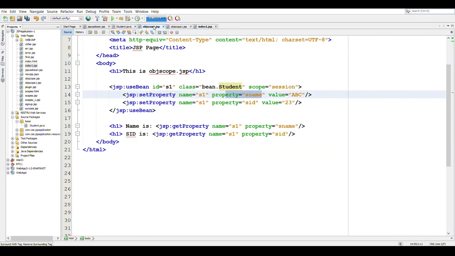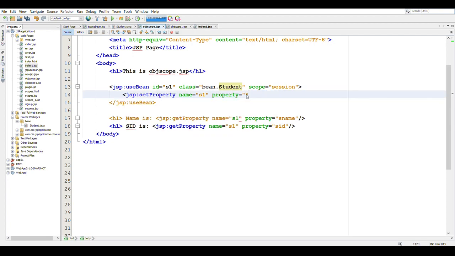Now in objectscope.jsp, instead of writing the set property tag for each of the properties, we can simply skip this and write property is equal to star, which means set all properties. Because the request contains some parameters which have values, the request parameter names will be matched with the property names of this useBean, and the values will be automatically set.